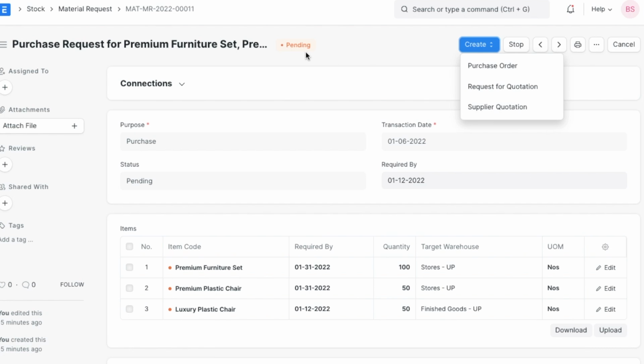Once saved and submitted, the material request status will show as pending since no action has yet been taken for its fulfillment. The status will change as and when different actions are taken. The status for this saved material request is set to pending, as we can see here.